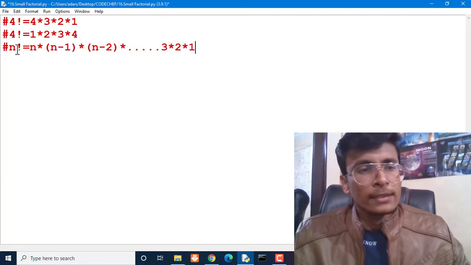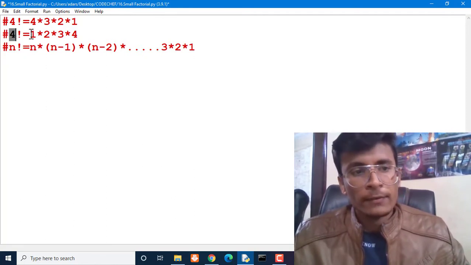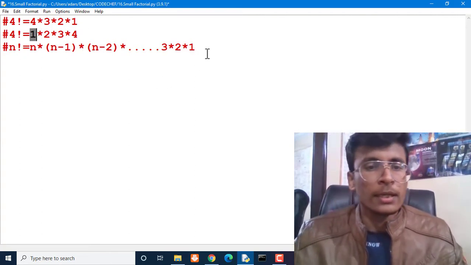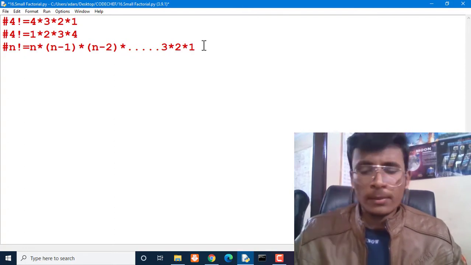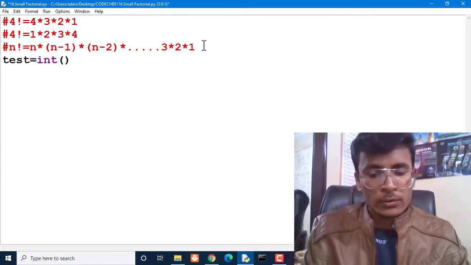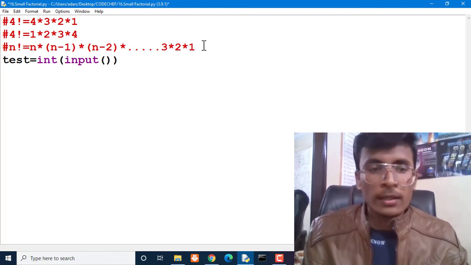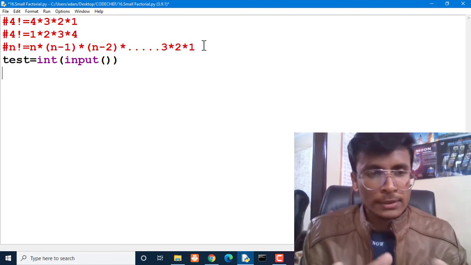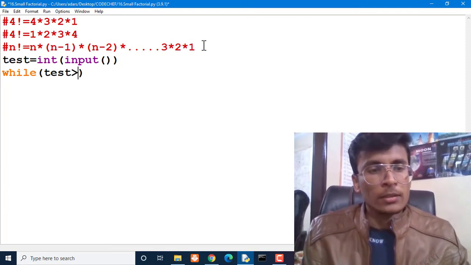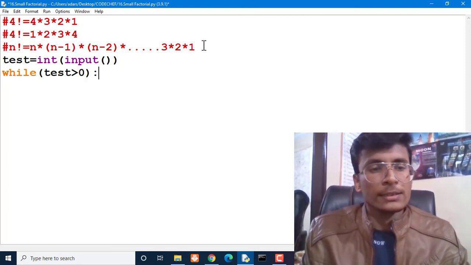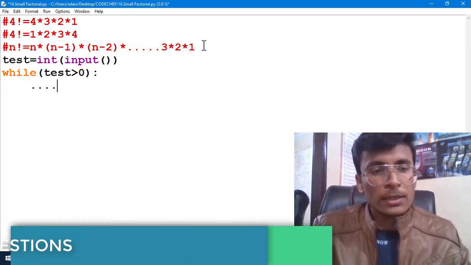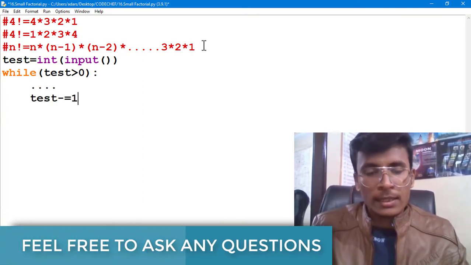So you can easily say that to calculate any number's factorial we have to just use one loop from 1 to that number, multiply each number, and store it in a particular variable, which we will define afterwards. The first thing is we are getting the test cases as input, so we take this input as an integer value. After taking the test cases value as input, we create one loop that iterates t times. While the number of queries is greater than 0, do some task and reduce the value of test cases after each iteration.